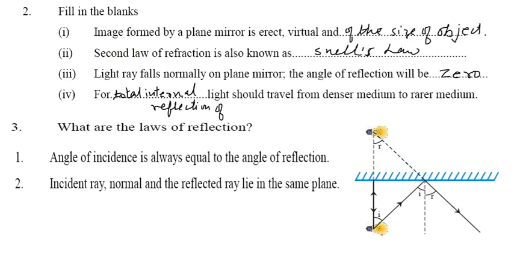Two mirrors making an angle of 45 degree. So you can calculate it. It is 7. You can calculate it: 360 upon 45 minus 1. So it becomes 8 minus 1, and that is 7. So 7 will be correct. If an object is placed at a distance of 3 centimeters from the mirror, then the distance between the image and the object is 6 centimeters. Now let us see the next one.